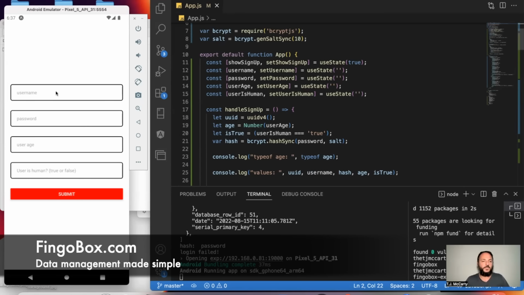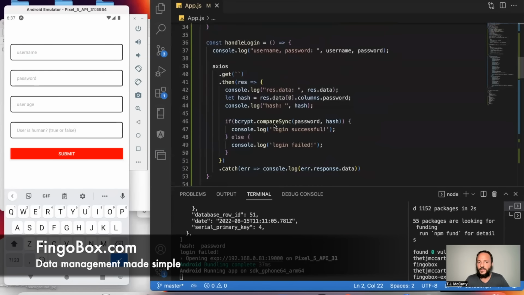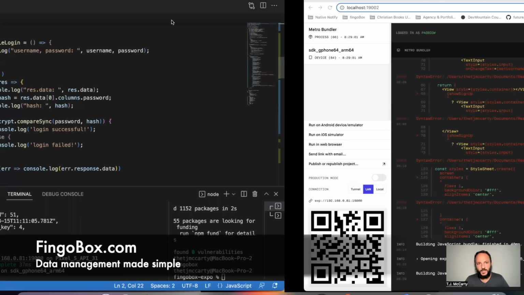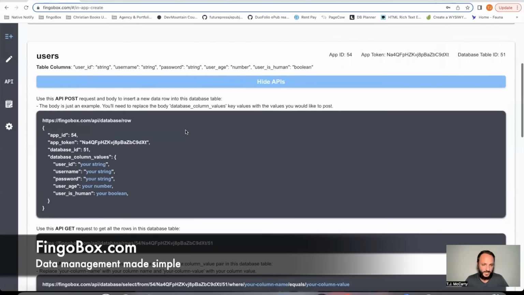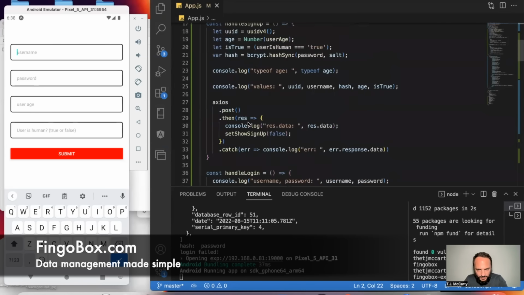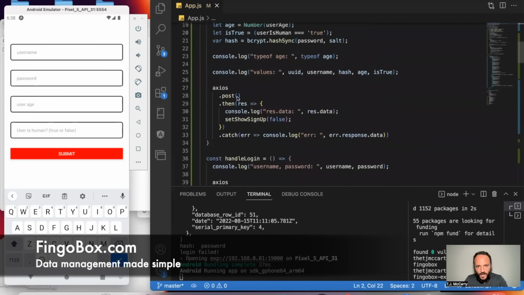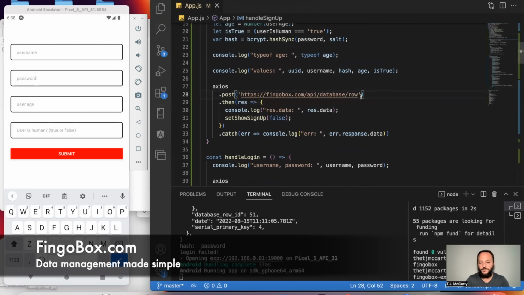All right, so I'm going to go ahead and just type. Well, first, before I start doing this, I need to go to my FingoBox account again. So this is what I would use to post data. So if I want to post a new user, I can copy this right here. I'll come up to my sign up function here, handle sign up. I'll post that right here. And then for the body,